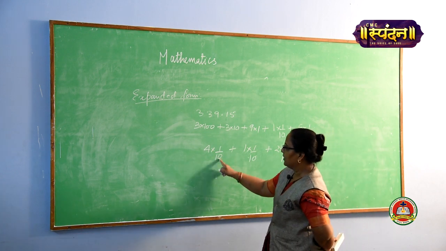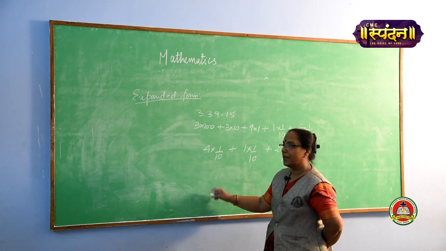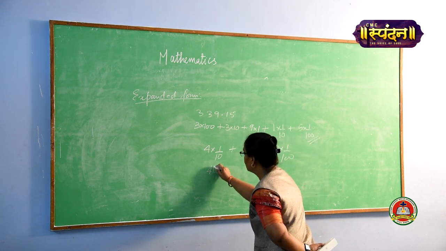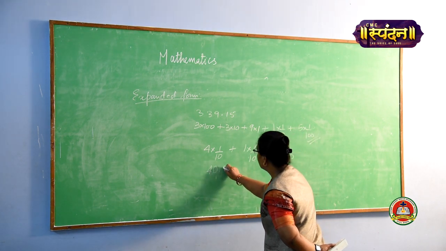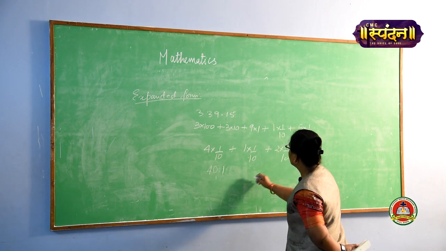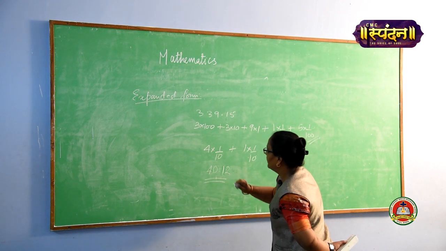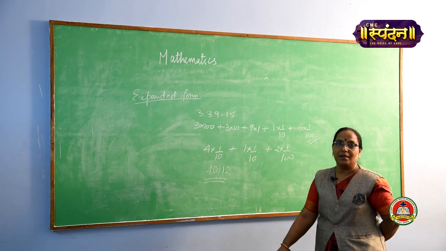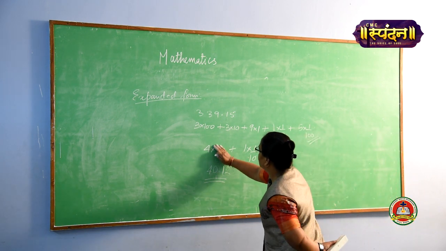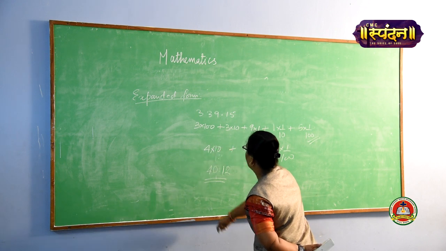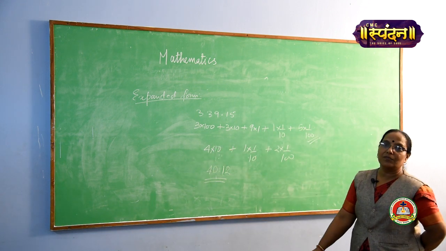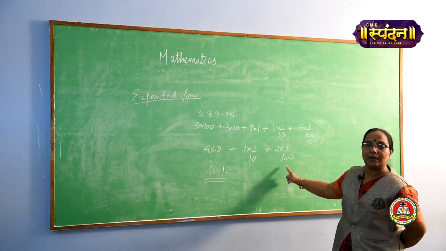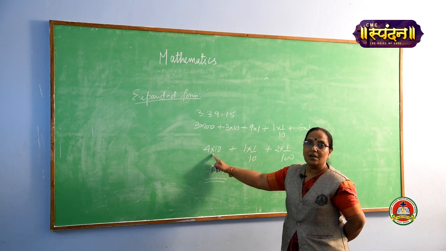So this is in the tens place. So what is at the ones place here? So we are going to write 4. At the ones place nothing, that means 0. That 0.1 and this is 2. So this is the decimal form of the expanded number. Clear? Sorry, this is 4 into 10. So 40 and 0.12 will be the answer. This is the tenths place, this is the hundredths place, that is after the decimal, and this is the whole number part.